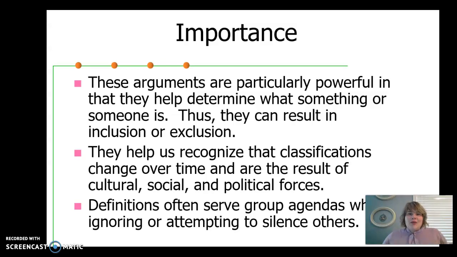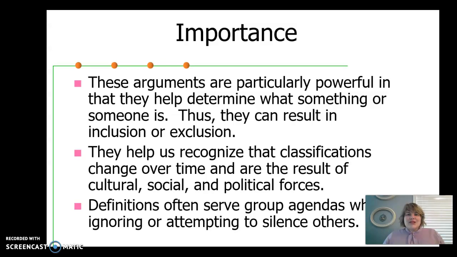So definition argument is something that will impact you as an American because these are the questions that the Supreme Court answers. So for me, that makes definition argument really exciting. Now, you can pick a topic that is really serious and super controversial. Or the other thing about definition argument is that you can pick a topic that's lighthearted and fun. So it runs the gamut of those argumentative choices.